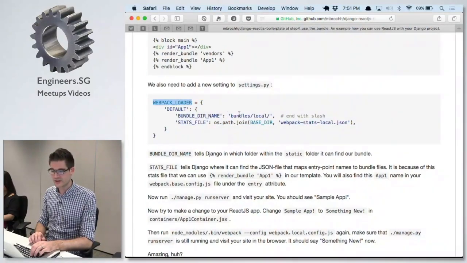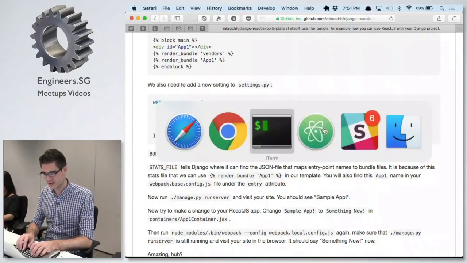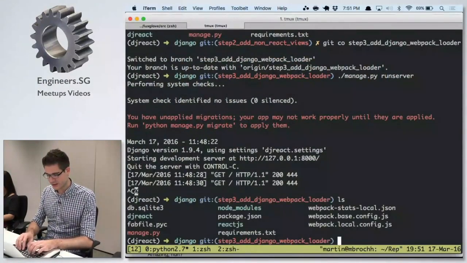Oh yeah, there's a final thing that you need to put into your Django settings so that Webpack Loader knows in which folder the bundle files will end up and where it can find these Webpack stats JSON files. So I haven't really explained what these do. The thing is,